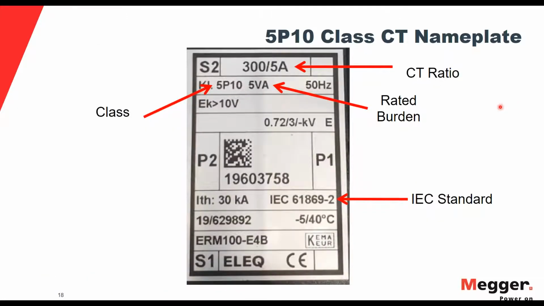This is another class B CT. It has a different classification. Here you can see the classification 5B10. The ALF is 10 and my accepted error is 5%. The rated burden, you can see the